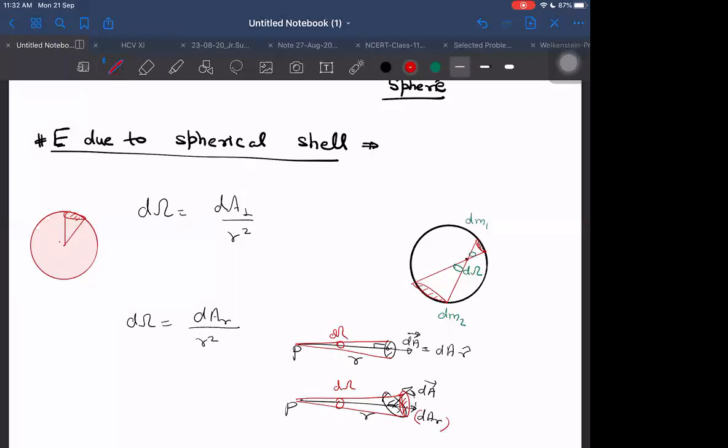Now if I want to integrate it, I want to find the total angle. Let us say it will come out to be omega, and for the total sphere, this is the integral of dAr. If I take 1 by r square outside, because r is constant, since I am finding it at the center, then I can simply say it turns out to be equal to the total surface area, 4 pi r square.